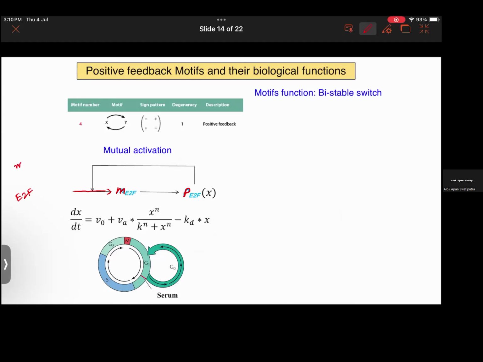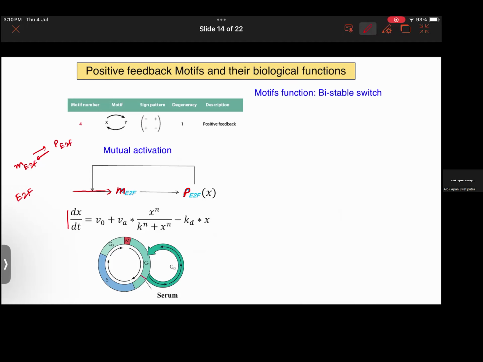So if you look, essentially it is something like this, right? From mRNA, protein is being produced, and the protein is also an enhancer. If we consider the protein concentration of E2F,